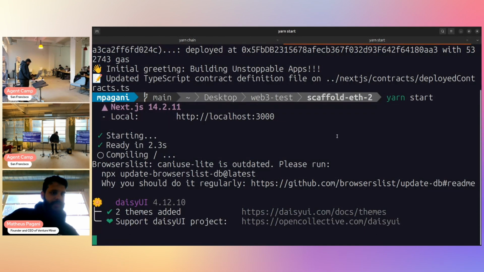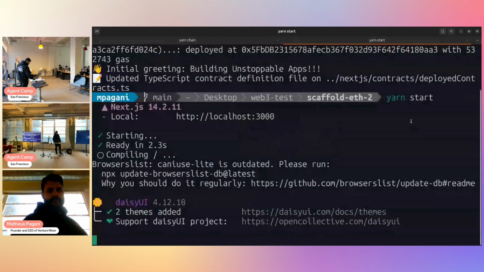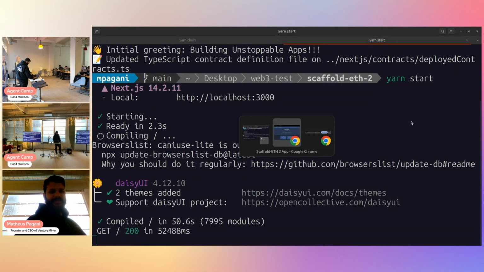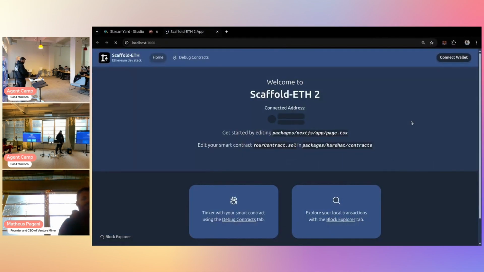Well, still going. My computer is a bit slow today, but I should have that page compiled in a while. Compiled in 50 seconds. That's not quick at all, but here I have.